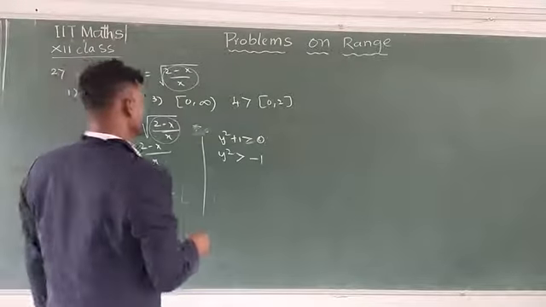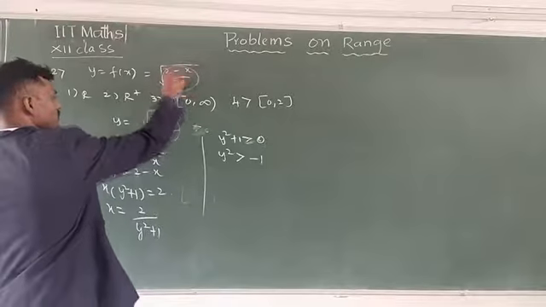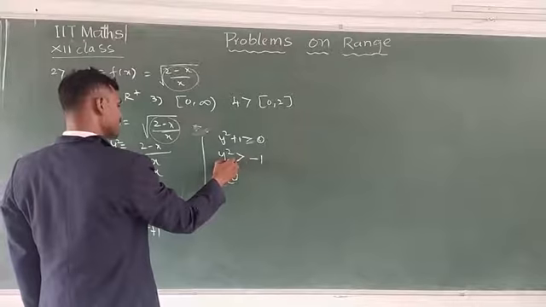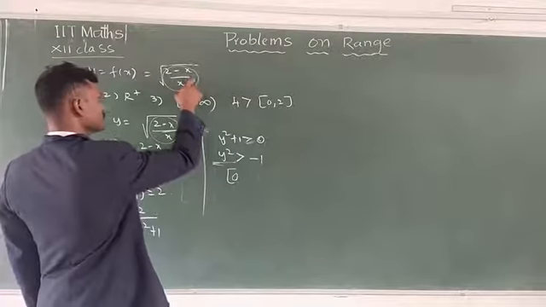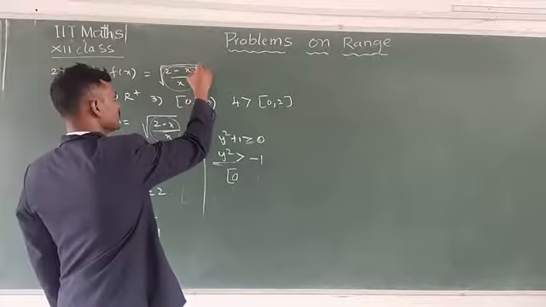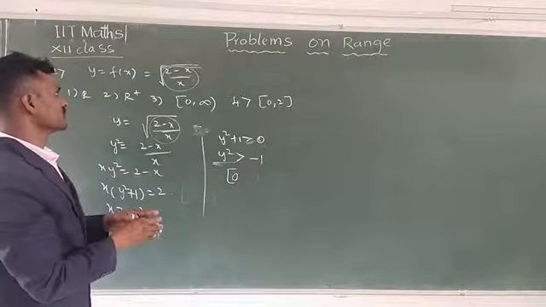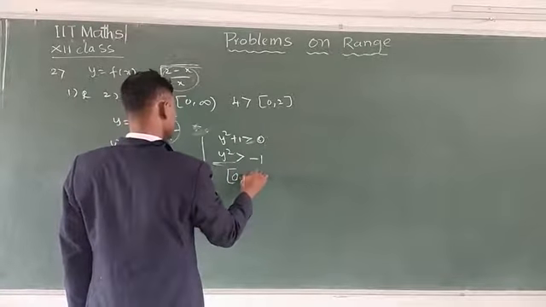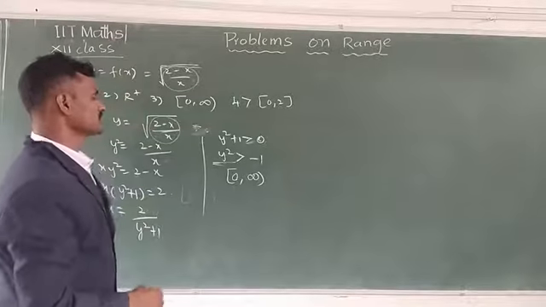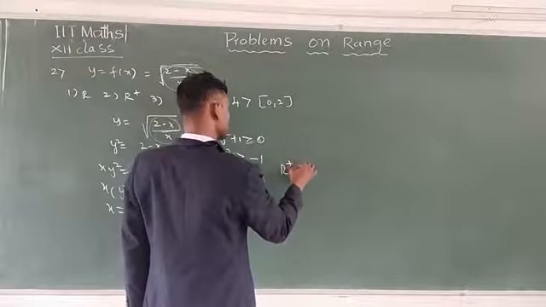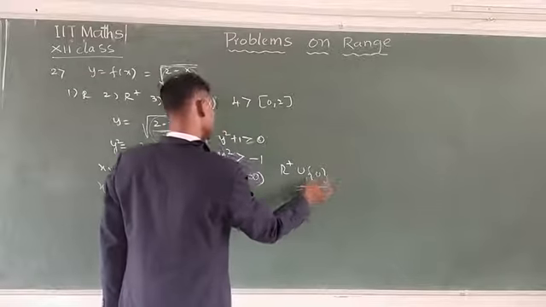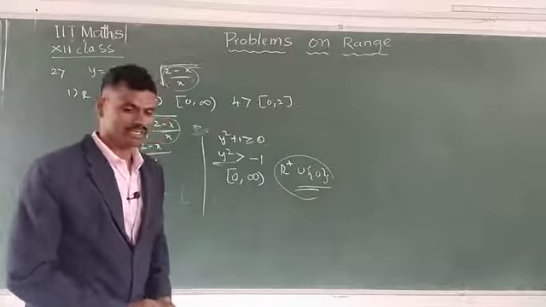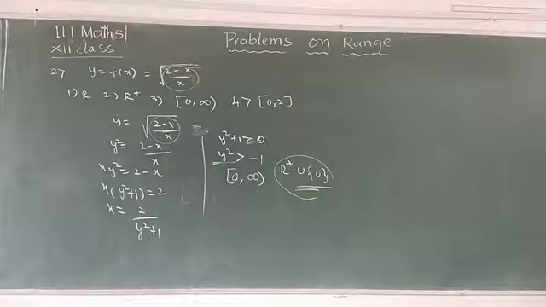That's why 0 is possible here, so 0 is a closed end of the interval. Then you can give any values up to plus infinity. Under root, any value you give exists only for positive values, so the range also has positive values. That means 0 to plus infinity, or you can also write R plus union 0. R plus means only positive real numbers including 0. Okay, note down.